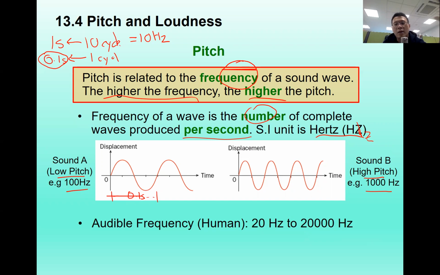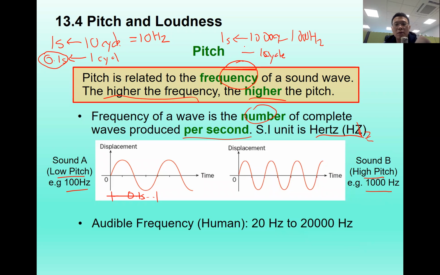Now, if you look at another wave, let's say 1000 hertz. What do we mean by it? 1000 waves, 1000 cycles, pass through a point in 1 second. This is what we mean by frequency. But in terms of the graph, it's quite hard to see, so we look at the period. For one cycle,